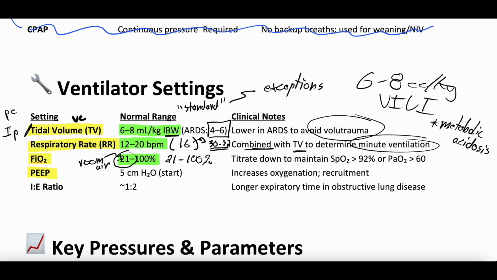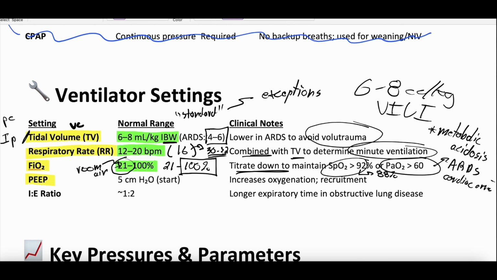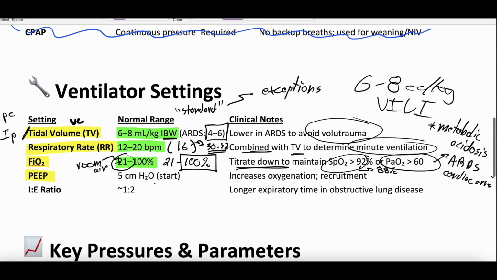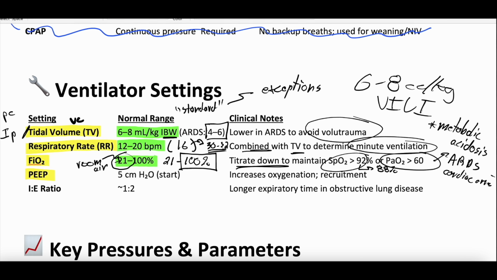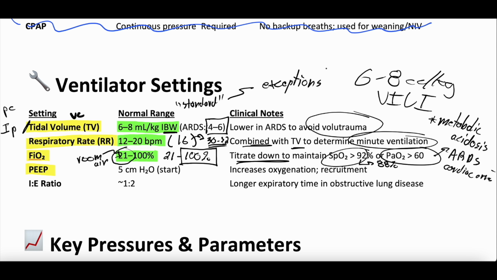When we put patients on the ventilator, oftentimes they'll get started on 100% FiO2, and you can rapidly titrate it down, targeting an SpO2 greater than 92%. Some people put this at 88% if people have a lot of chronic lung disease, or a PaO2 greater than 60. There are different targets for things like ARDS or post-cardiac arrest. Sometimes you want this PaO2 a little bit higher. But yes, a good place to start. So these patients often start on an FiO2 of 100%, and then you can rapidly titrate it down after you get them intubated. And then PEEP,